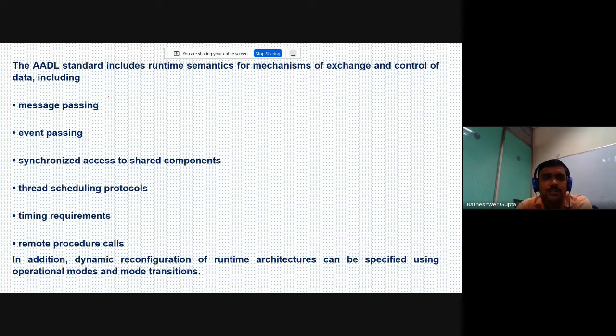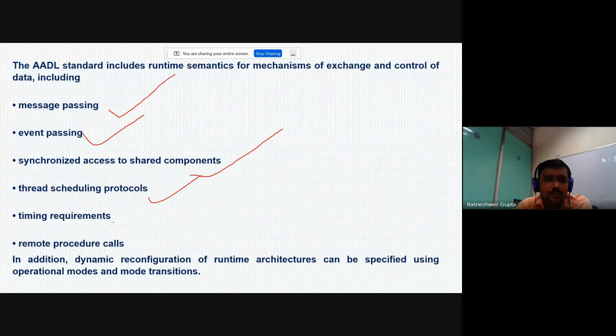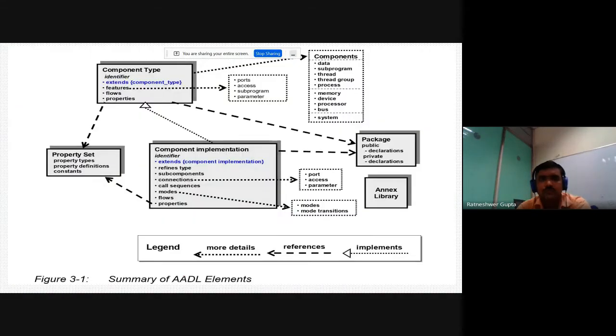In AADL, we can model all types of message passing, event passing, synchronized access to shared components, thread scheduling protocols, timing requirements, or remote procedure calls. In addition, dynamic reconfiguration of runtime architectures can be specified using operational modes and mode transitions.